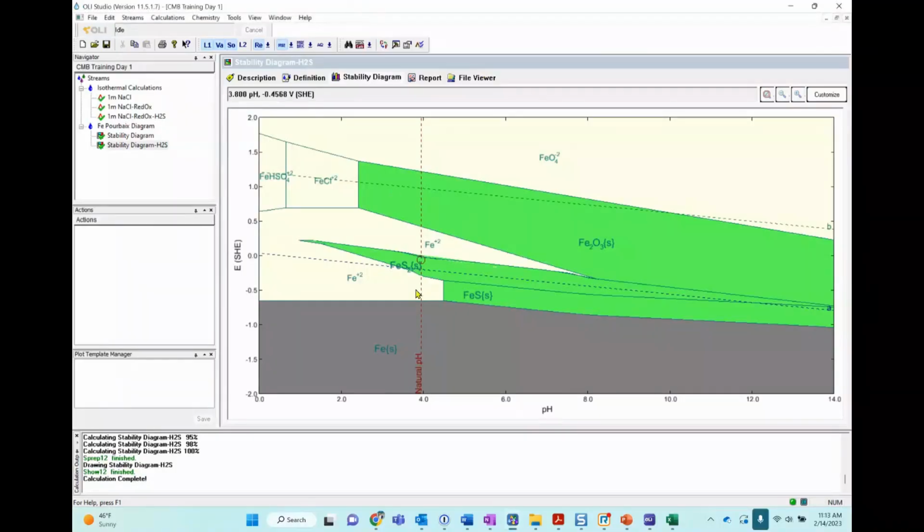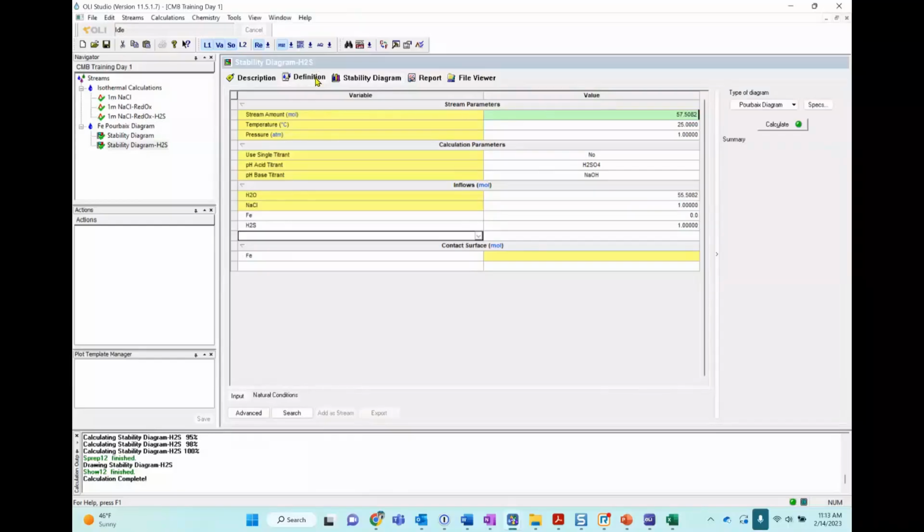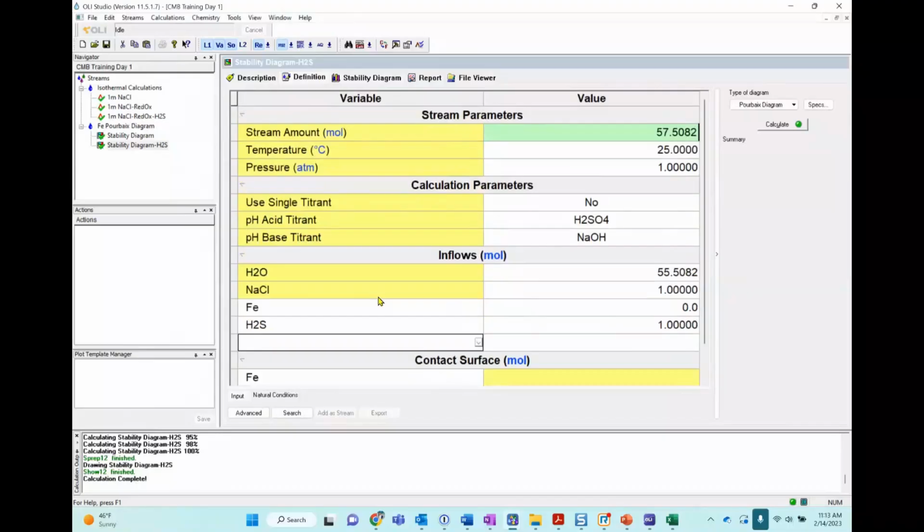Okay. Any questions at the moment regarding the Pourbaix diagram, except the units that we don't know what's going on? I have a question. Sure. About the titrants in this diagram. I have always used hydrochloric acid as the default titrant, but is there a recommendation of using H2SO4, or is it independent to use hydrochloric or sulfuric acid?